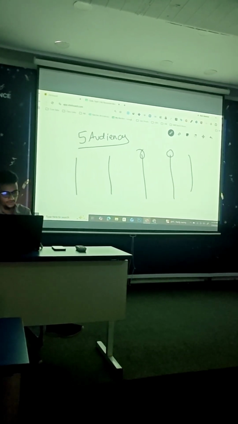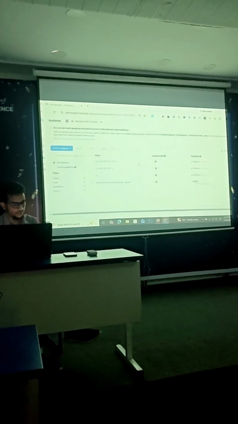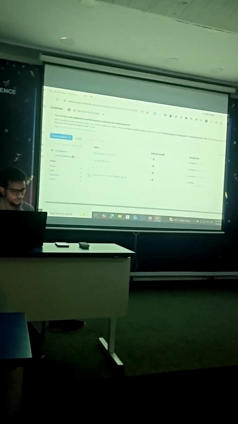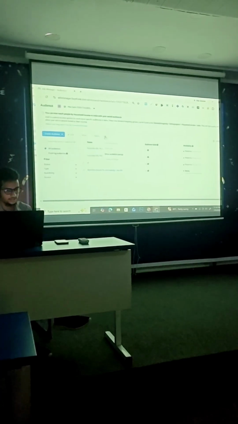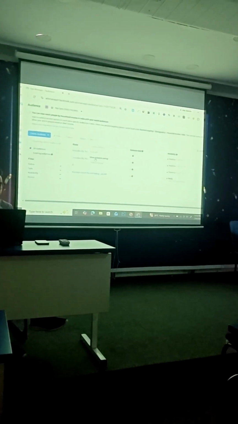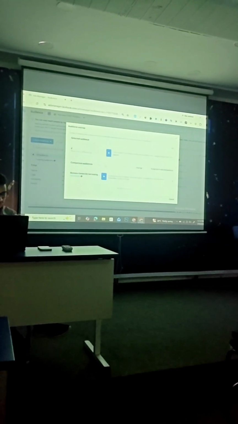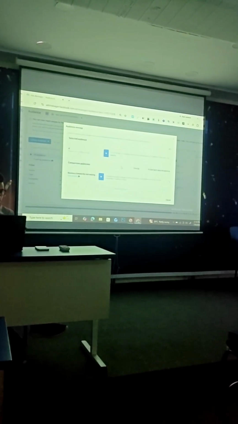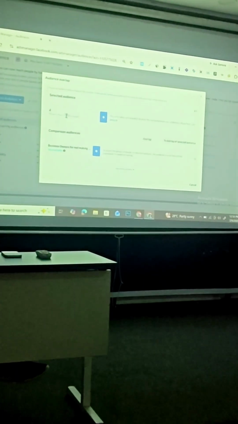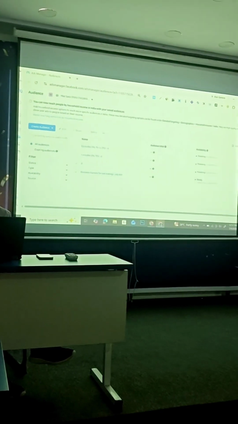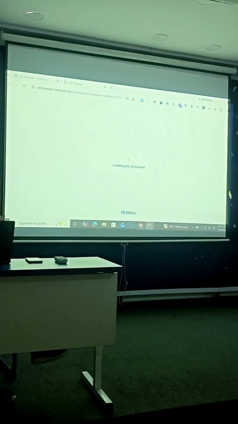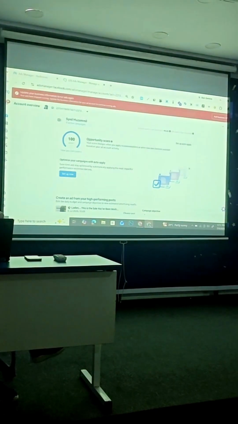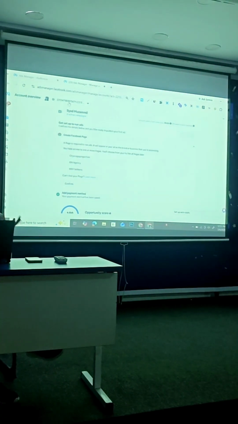Yes. After creating these types of audiences, what you have to do is, in your audience manager, you have to select 2 audiences, or 3 or multiple you can select. Click on show audience overlap. Here it will show you whether your audience is getting overlapped or not. See, now it's not showing because there are less than 1000 people. I'll see another in this live ad. So it will show you the percentage. How much percentage of audience is getting overlapped? It should be less than 5%. If 100% of the audience is getting overlapped, there is no point of creating 2-3 audiences.